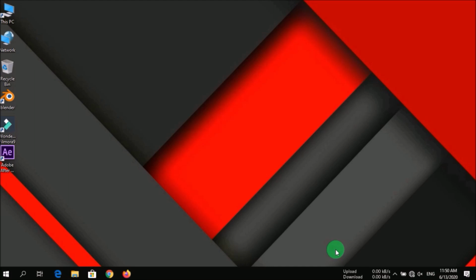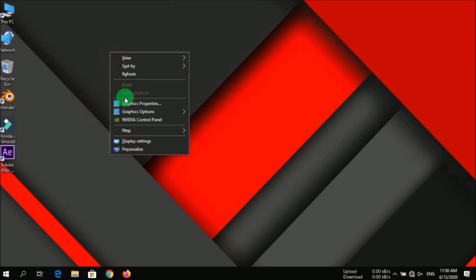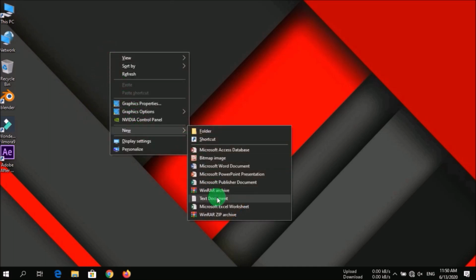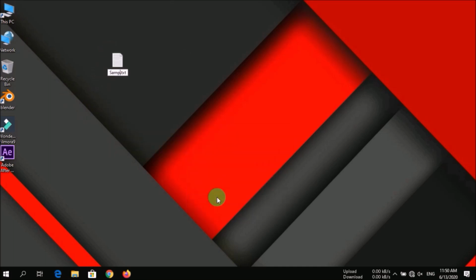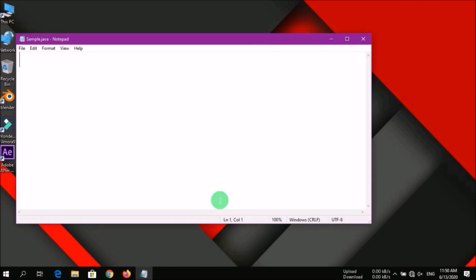For that, we are going to create a text document. Give the name as sample. Now let's edit it. We will give the basic structure of a class, sample.